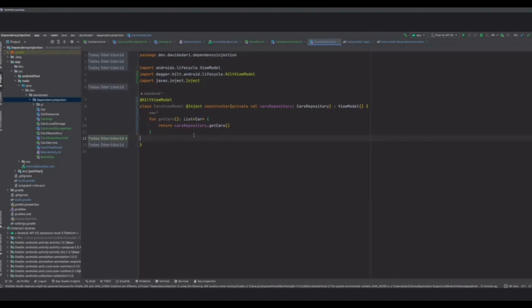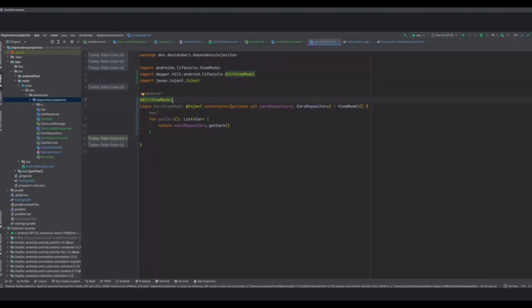The view model was built exclusively for things like this, and this might not be the case for other kinds of classes. So behind the scenes, the view model will be built in a way that supports this functionality, keeping it in mind. So when you're using a view model with Hilt, remember to include this.